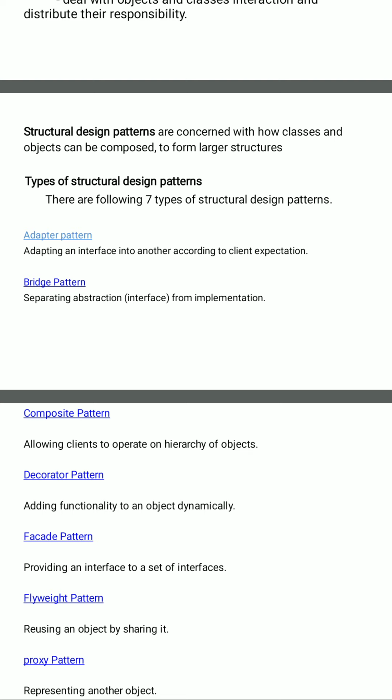Proxy pattern. What does proxy mean? It is going to represent another object. One object is going to be an agent of another object. An object representing another object. The proxy pattern provides control for accessing the original objects. Just have a glance over all the highlights of these patterns. In the coming videos, let us see one by one all these patterns in detail. Thank you.